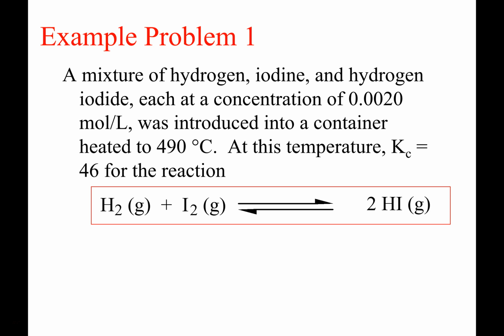Okay, so let's take a look. I might draw a picture of this. So we have chemical equilibrium between H2 and I2 going to form HI. And here's my box. And it says that initially they were kind of lazy and made the molar concentration of everything 0.002 moles per liter. So that means the molar concentration of H2, molar concentration of I2, molar concentration of HI,